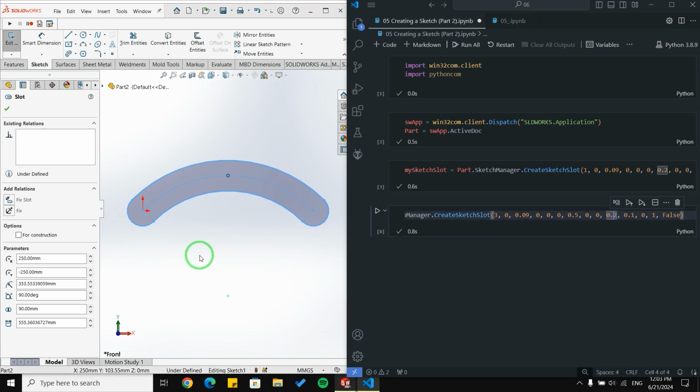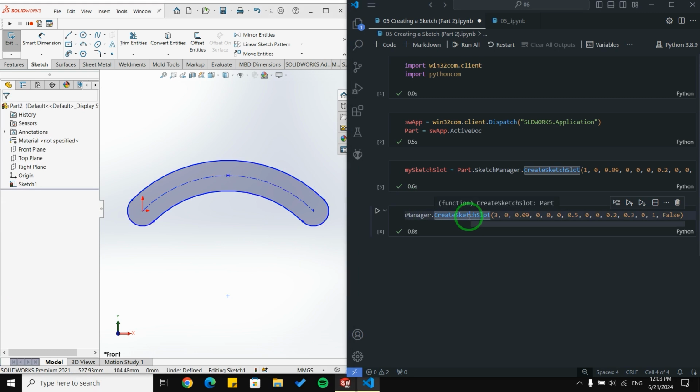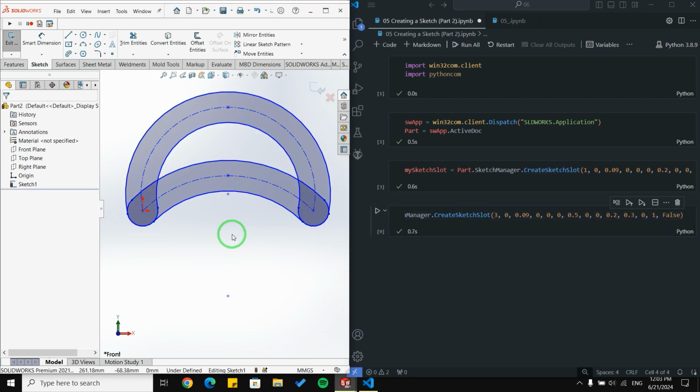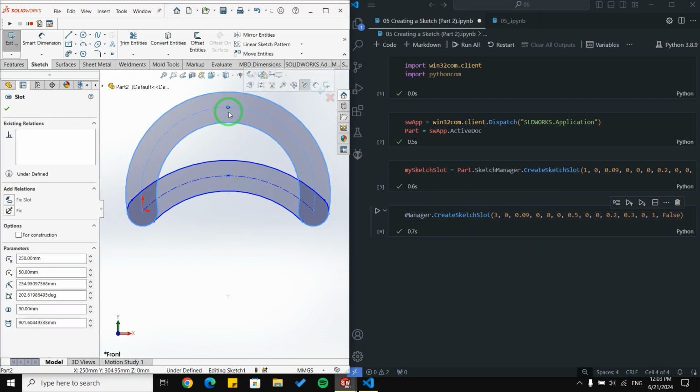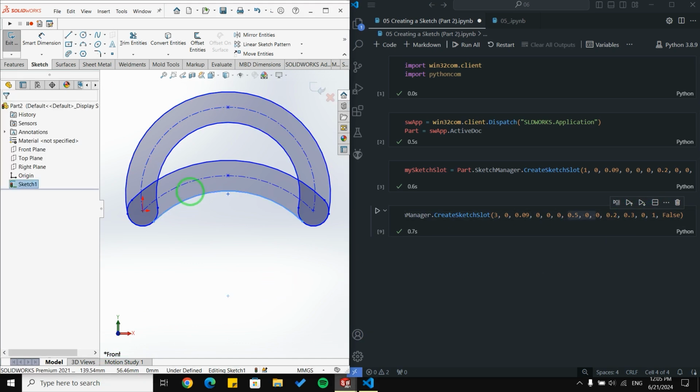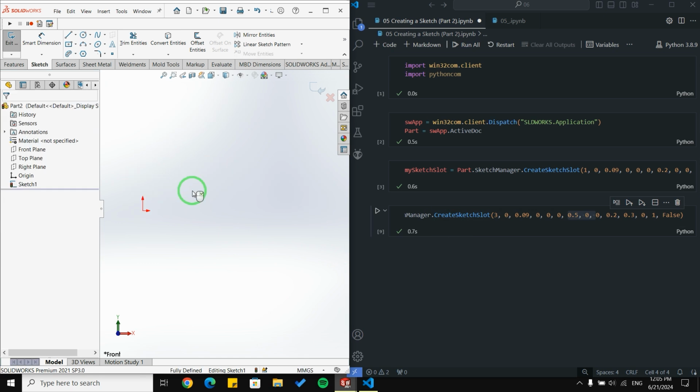But as you can see, the X is not very flexible to change. But for Y, we can change it. For example, I'm going to change the Y to 300. And running this code another time, we can see here the third point's Y is now near 300 as we specified there. Okay, let me delete all these sketches.